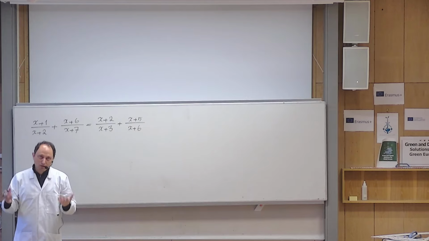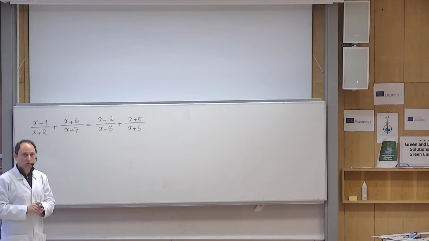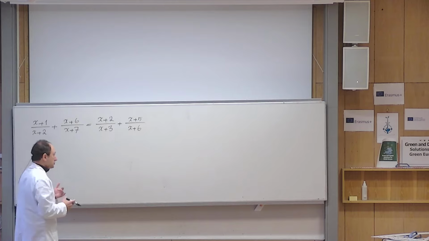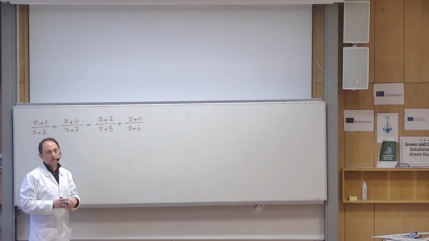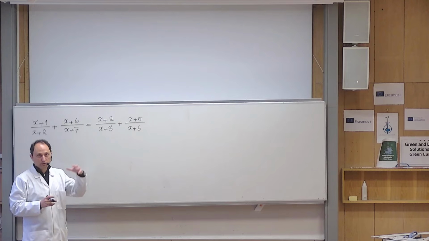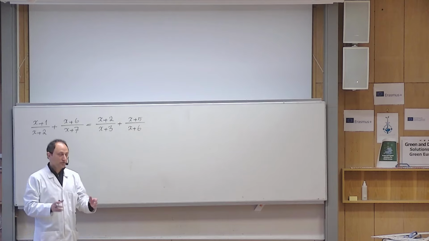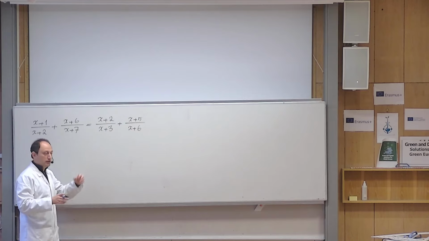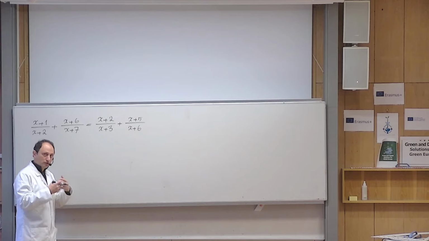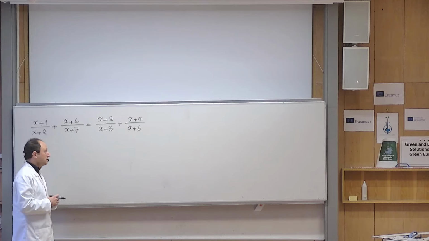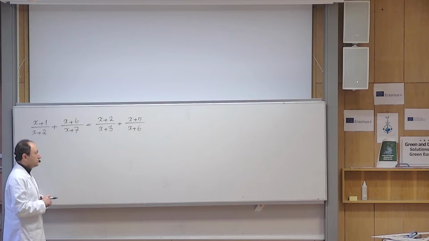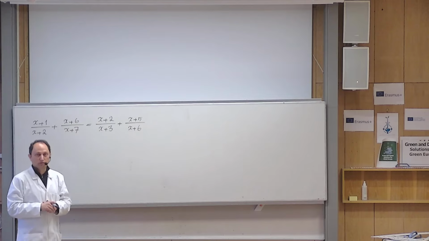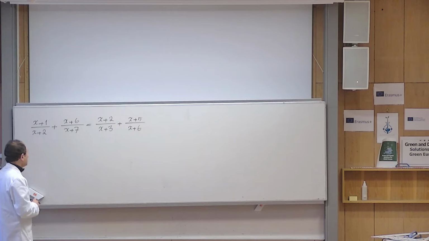Of course, it is doable at the end of the day, but you will see that the calculations will be heavy. So whenever this happens, you should be able to stop a little bit and then be able to think outside the box. So here the box is just simply follow the rules, multiply by LCD directly, which gives rise to a heavy calculation. So it is better to pause a little bit and try to find a better solution. Might be we will be able to find a better one. So for example, here,